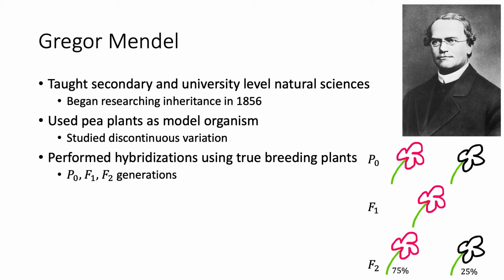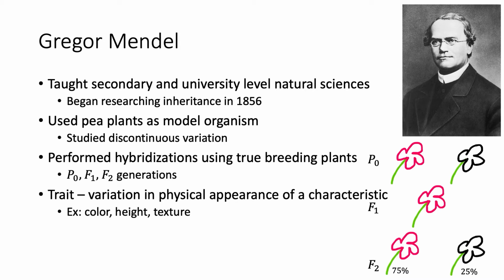Also, very specific notation is used to label different generations, specifically P0, F1, and F2. Basically, P0 is the parent generation and are the true bred plants. In the case of this example, the parent generation consists of a pink flowering pea plant and a black flowering pea plant. The next generation, called F1, might be entirely pink flowering, and then Mendel might have bred together a few of those F1 pink flowering plants to produce the F2 generation, which would consist of 3/4 or 75% pink flowering pea plants and 1/4 or 25% black flowering pea plants.